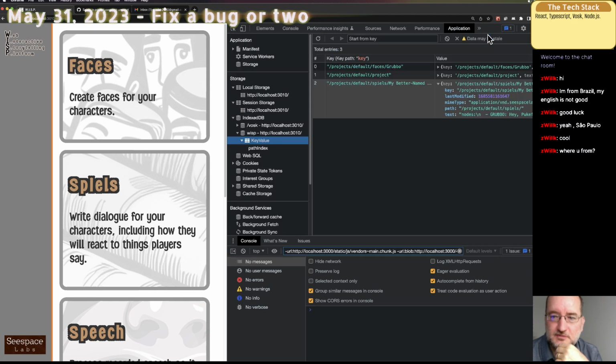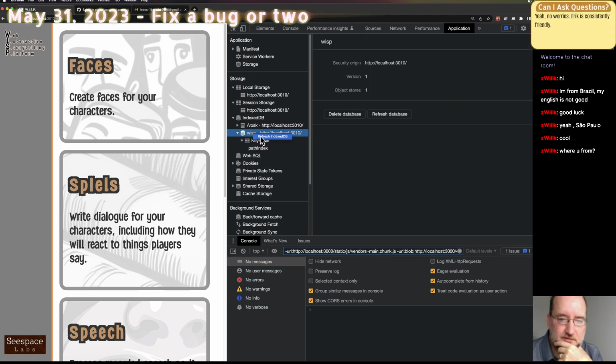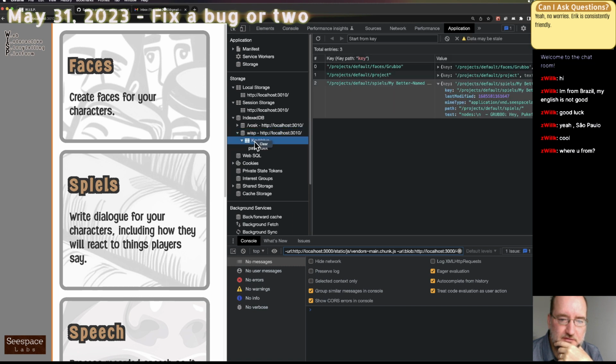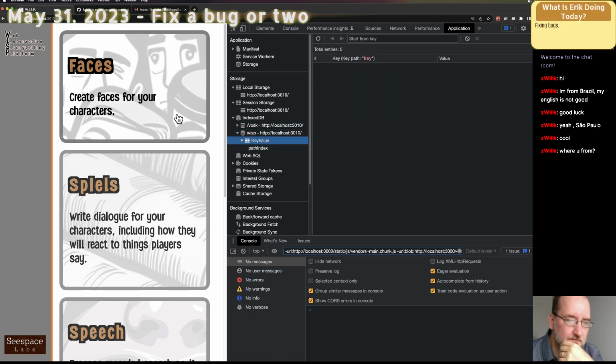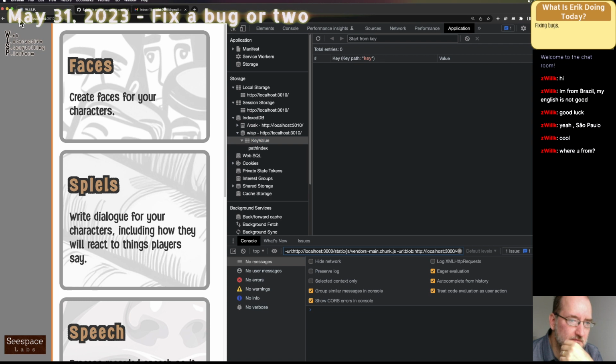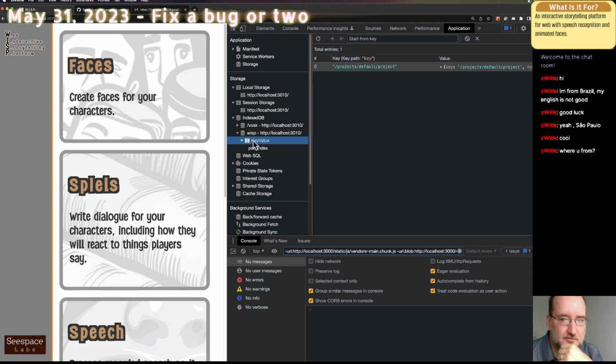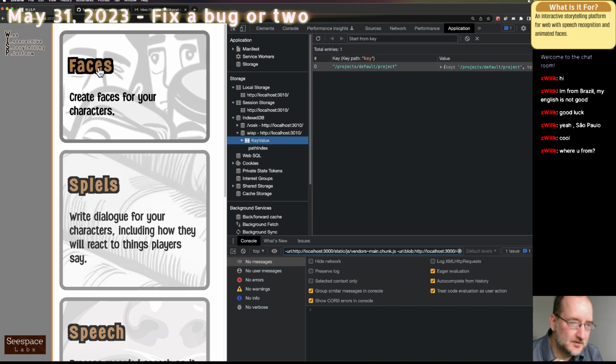Oh, I gotta stop pretty soon. Let's see if I fix this or not though. Clear. And then bam, that creates a new set of, yeah, okay. Faces.